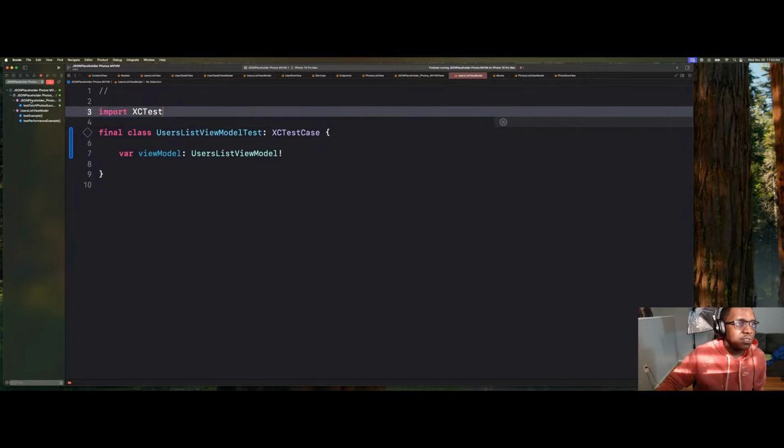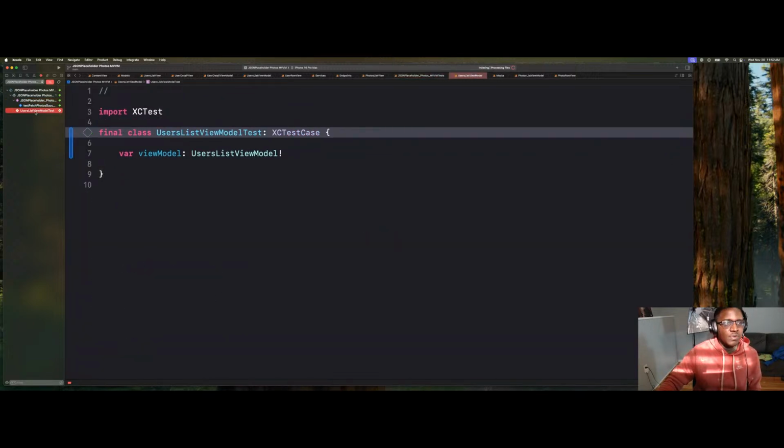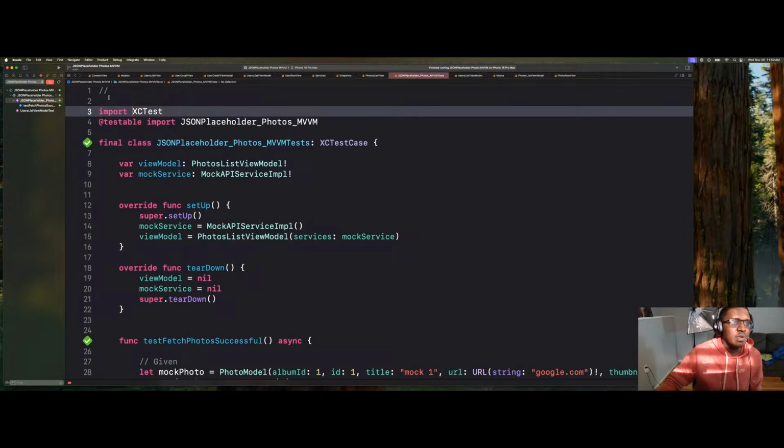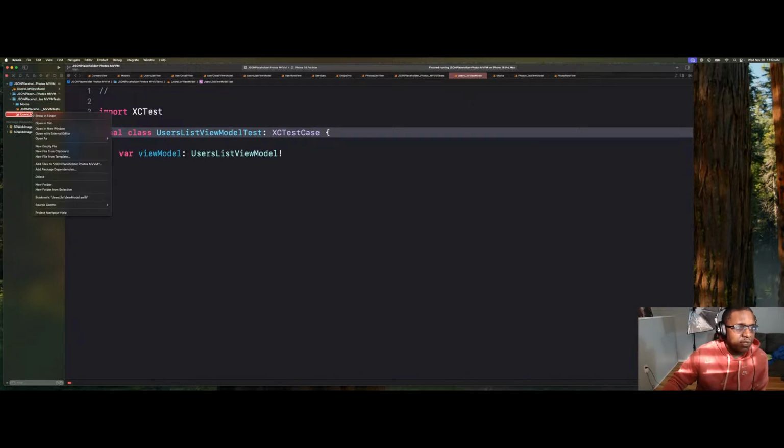Let me just jump to this one. Oh, I see. So actually, what we need to do is move this, because this is inside our regular target, and I was wondering why that was there. We need to actually move this to our unit testing target so that we have to import it. So to fix this, let's just delete this one sec. Delete, where is it? And open MVVMTest, UserListViewModel. Can we just change it by